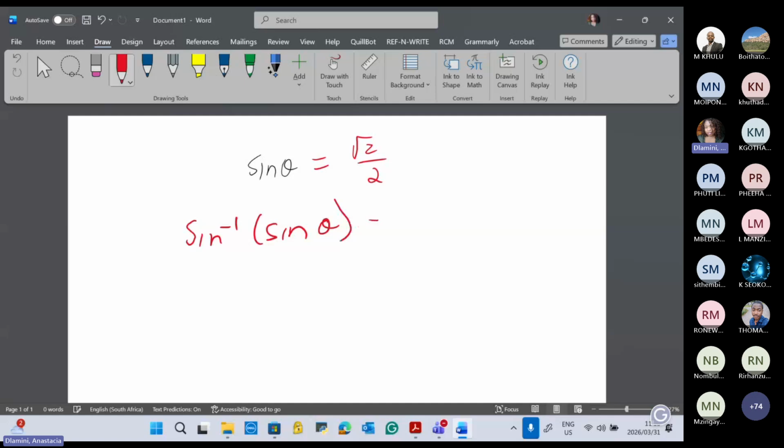Like this. So meaning that, as we said, because of the inverse property, if you take a function and put it inside the inverse, or take the inverse of a function and put the function inside that inverse, in this case you get what? Theta is equal